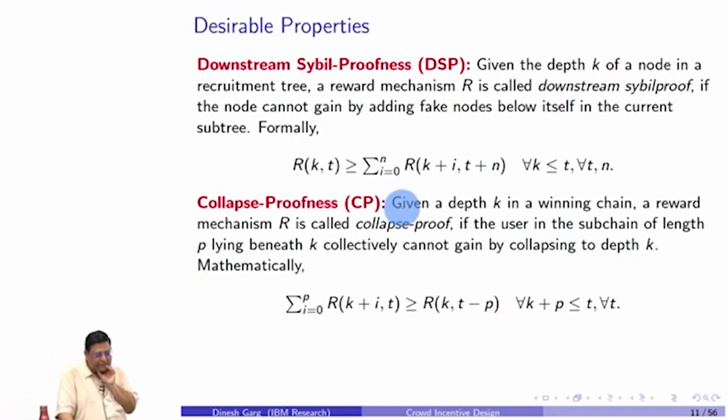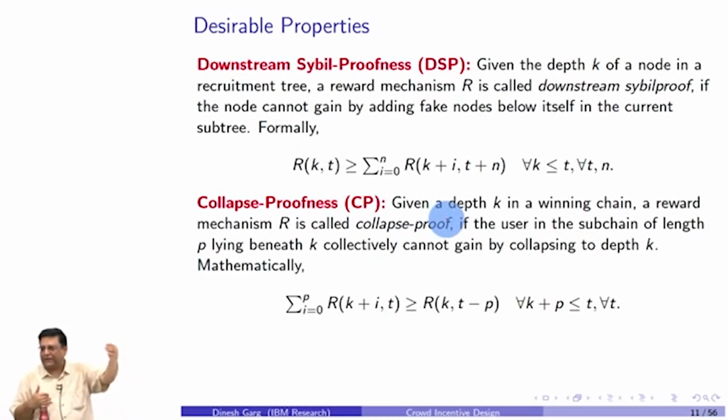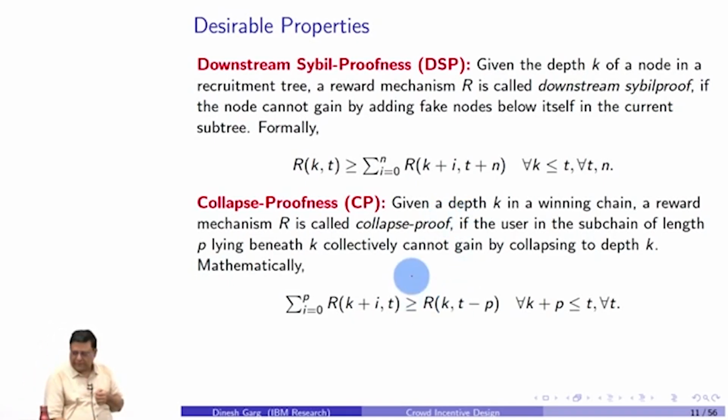Similarly, collapse proofness, we talked about. For example, if you had the top heavy scheme, we saw that if 3 people gang up together and make a team and pretend themselves to be a single team, that increases their total reward. And suppose you don't want that to happen, then this is the mathematical way of saying that if I have the winning chain of T, and if P number of people, so let's say given a depth K in a winning chain, a reward mechanism R is called collapse proof